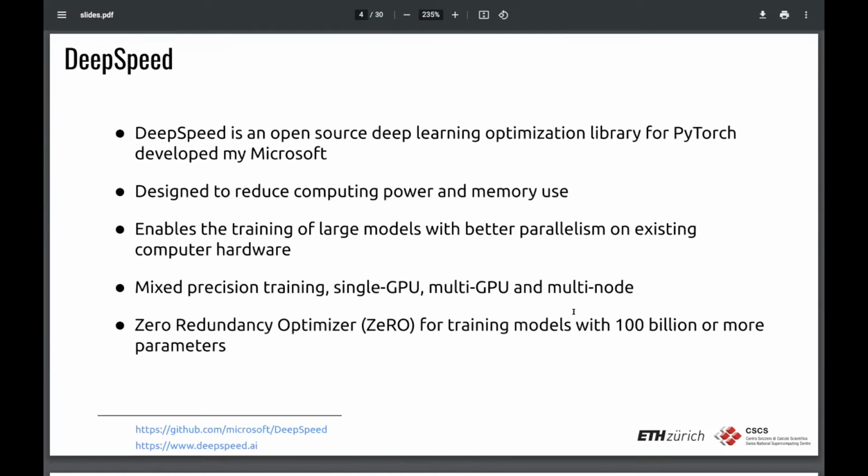So let's start. So first, DeepSpeed. DeepSpeed, as I said, is a library that is used for distributed training, but we will see that it is even much more. It is an open source library, and it's developed by Microsoft. And the idea of it is that it is intended to reduce the computing power and memory requirements to train particularly very large models. Okay, and